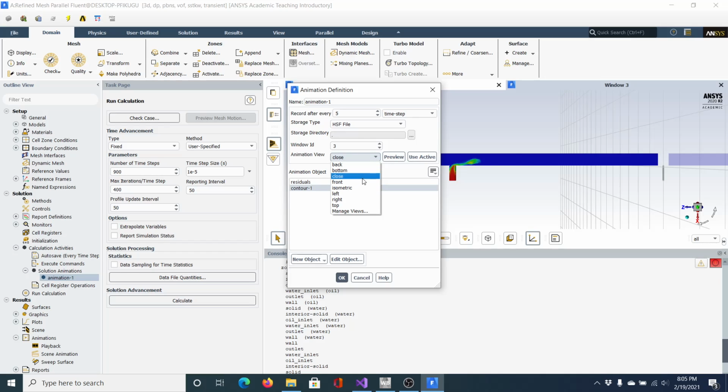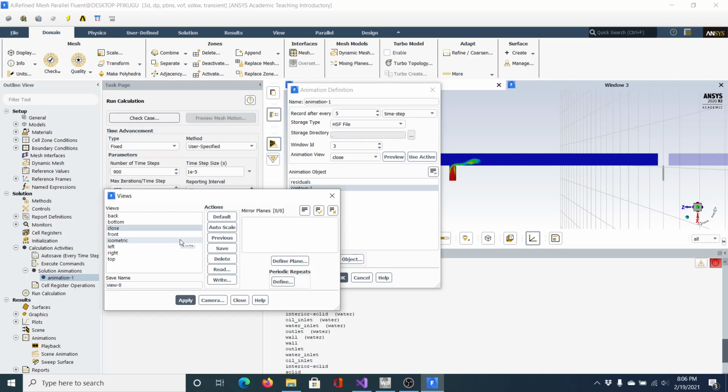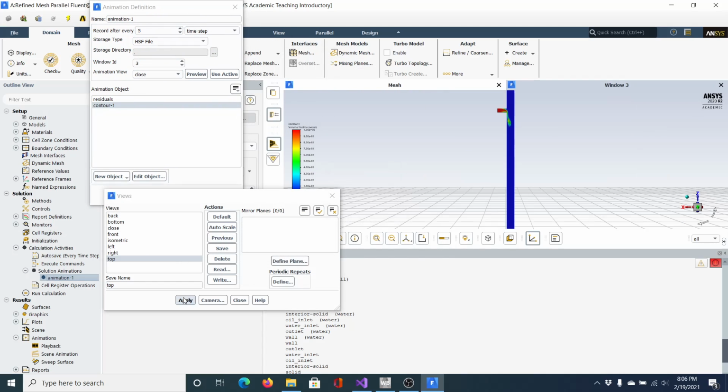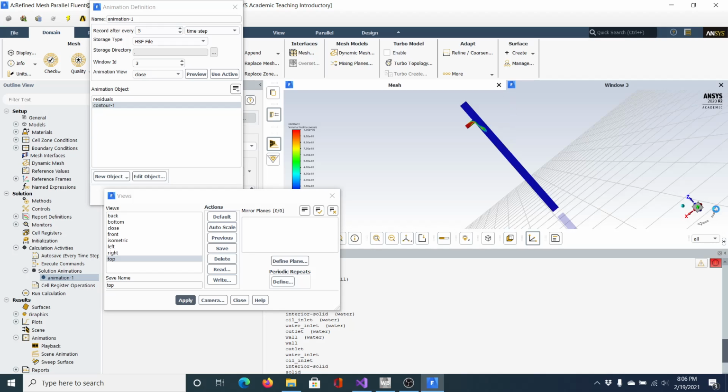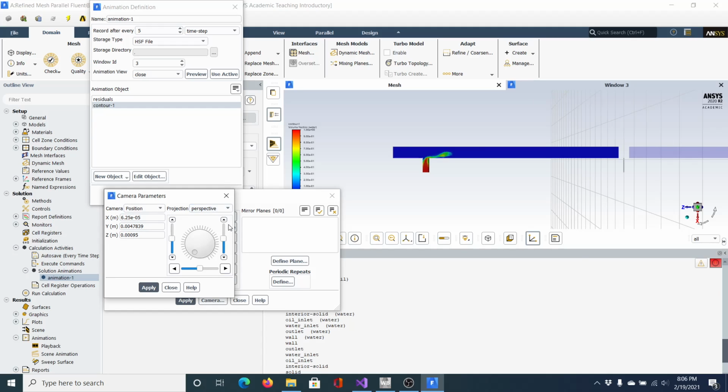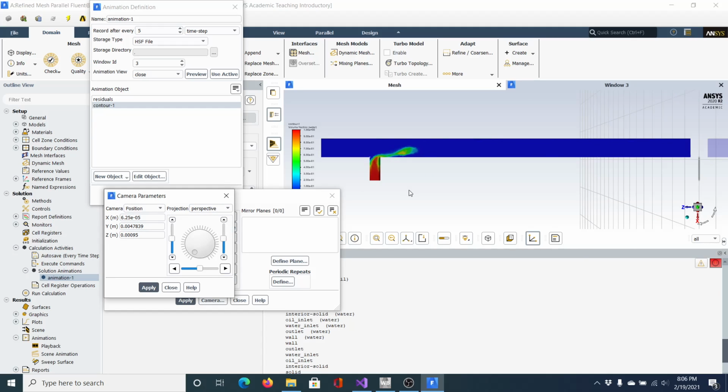And if you do top, again, it's going to be kind of far away. So what you can do is manage views. Okay, it's going to bring this up. And then you could just click top, right? And if you click apply, you're going to see top. It'll show like this. So you can do this to arrow over. Click camera. You want to zoom in once, zoom in again, and this should be good. So then what you're going to do is apply,